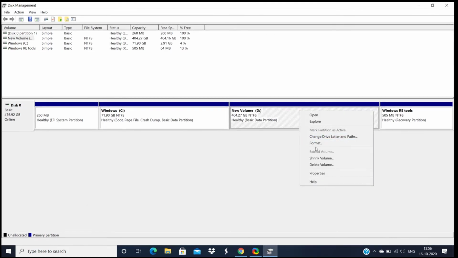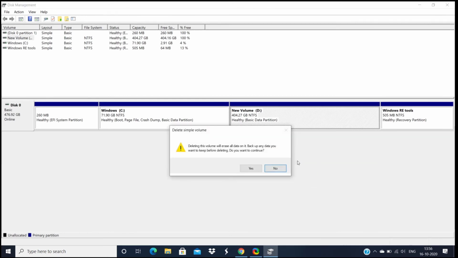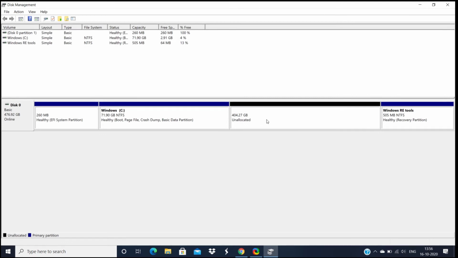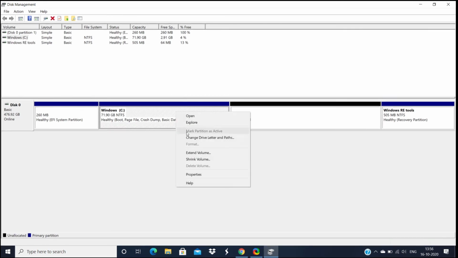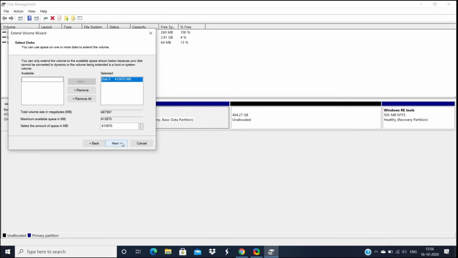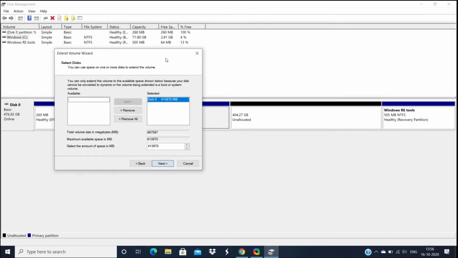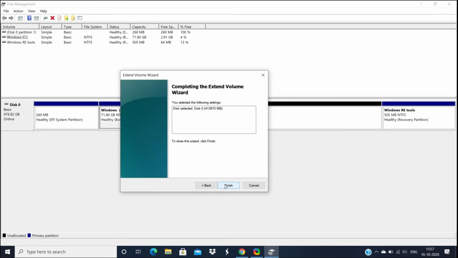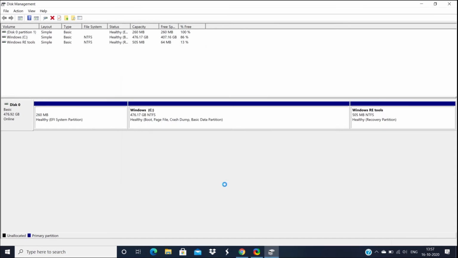Just click on delete volume, and as soon as you click delete, the new volume D will get erased and go into unallocated format. You need to unallocate it to extend the previous volume. Now go to Windows C and right click it and click on extend volume. It will show you how much size it can get extended into. By clicking next and finish, that's it. Windows C gets extended to the complete